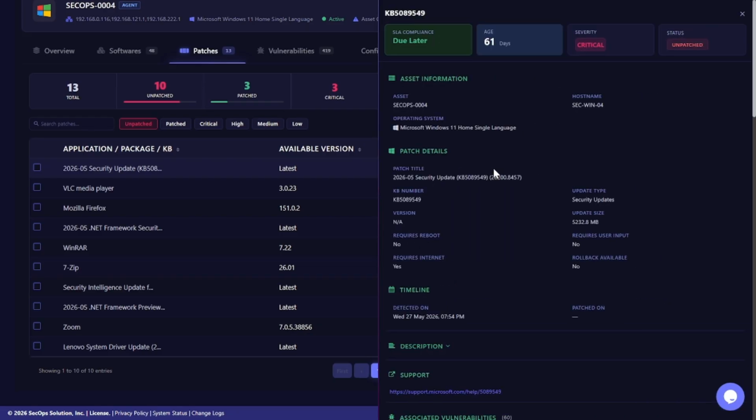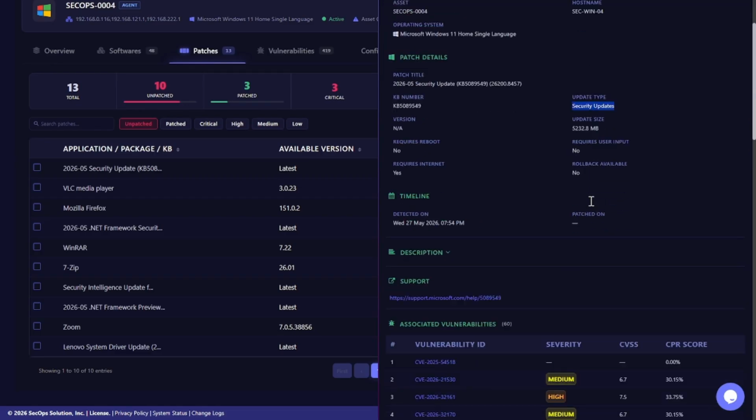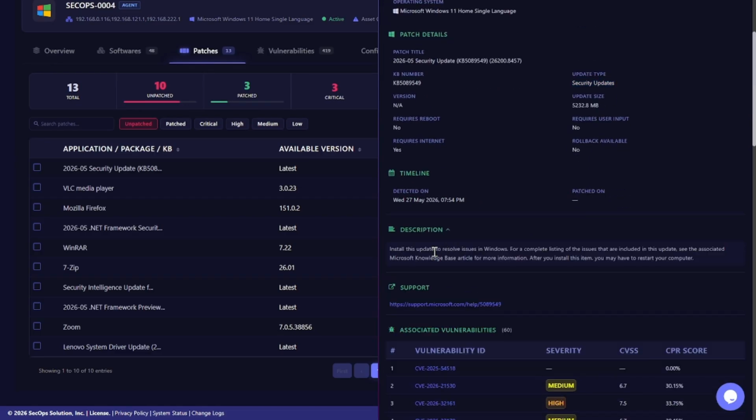Now, when you click on this, you can get further details regarding this patch. For example, its title, what this patch is all about, its KB number, whether it will require a reboot or not, the payload size of this patch, and the type of patch it is. For example, this is a security update. If you want further information regarding this patch, you can get the description, the vendor support link,